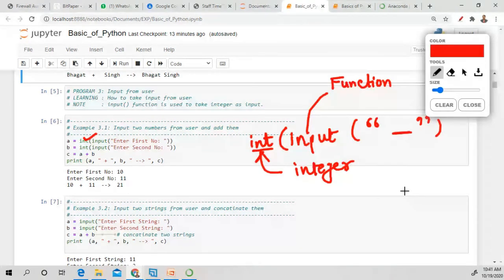So this input function will ask you to enter any number from the keyboard. If you enter 12.22, okay, so what will happen? If you enter 12.22 from the keyboard, what will happen? Write in chat box.